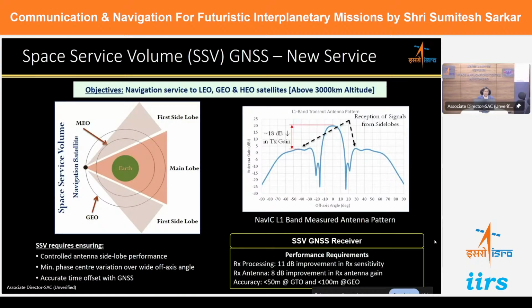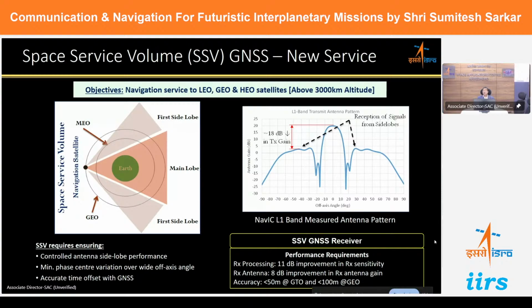Next. Now, how can you use this GNSS in deep space? That is the question now, because these GNSS systems are basically meant for the terrestrial system. That means the signal is transmitted towards Earth. Now, as you see, these GPS systems are all in MEO orbit, and our NavIC is in GEO and